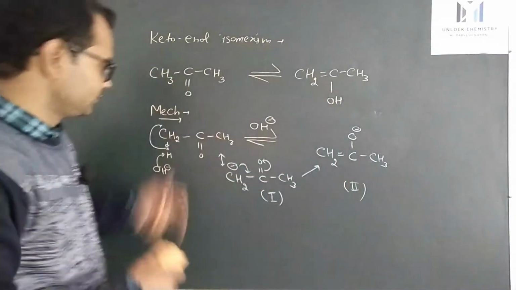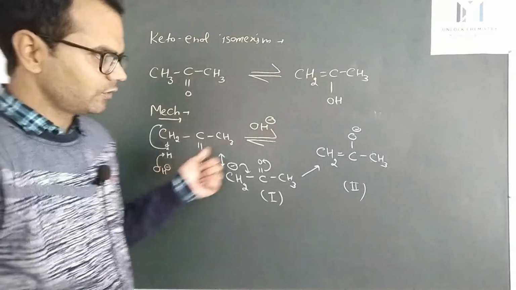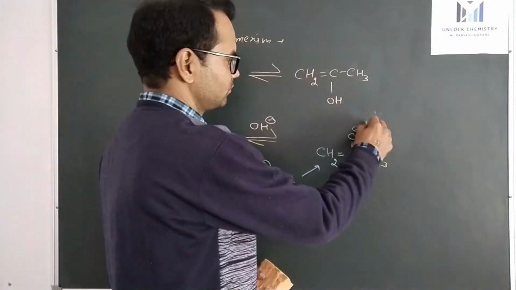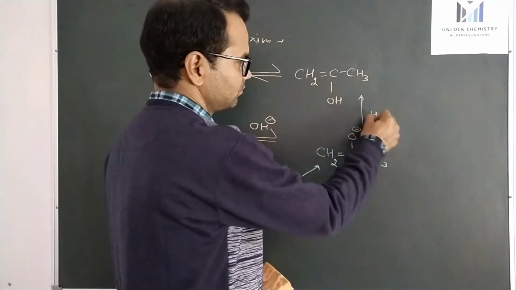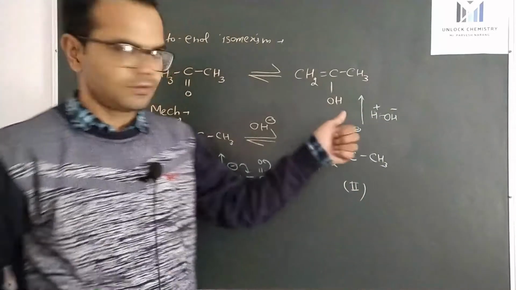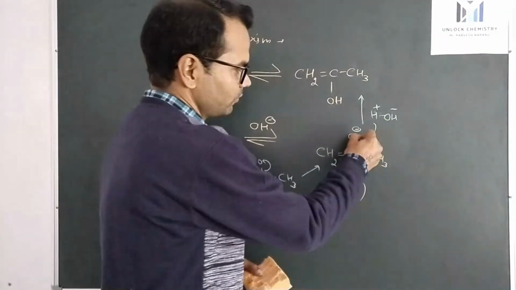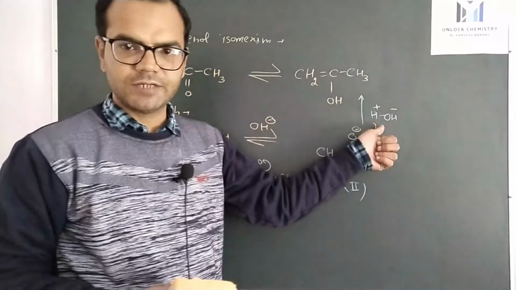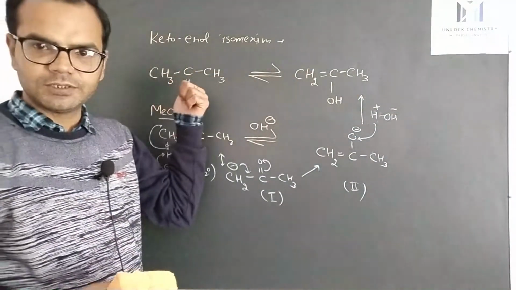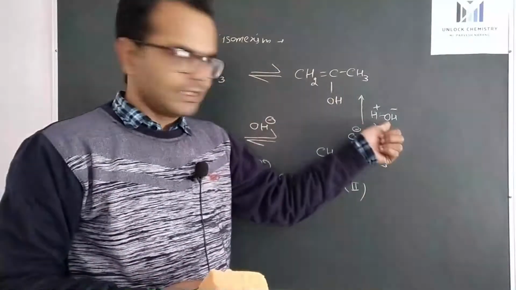In the first step, water is formed. Now again this water comes into play. In water there is a hydrogen ion. This hydrogen ion will be shifted to oxygen and OH ion will form. OH will abstract hydrogen from another molecule. So we need base only once. During the reaction, base will be formed again.